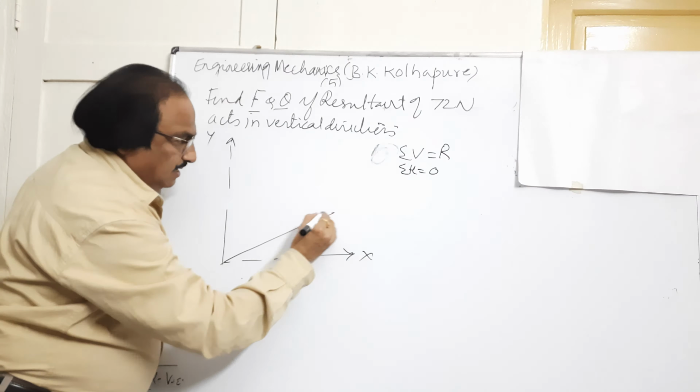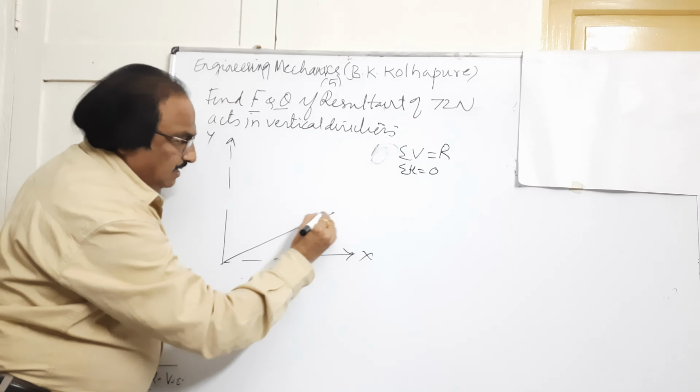Now I will resolve this F. F is making an angle of alpha with the horizontal. So if I resolve it horizontally, I am going along the angle alpha and it is towards right. Similarly, if I resolve the same force vertically, I am going away from alpha. So away is sine and the direction is up. So let me draw two arrows here. This is F cos alpha and this is F sin alpha.